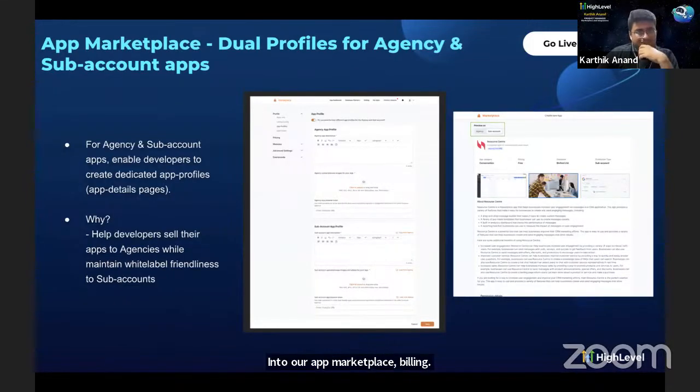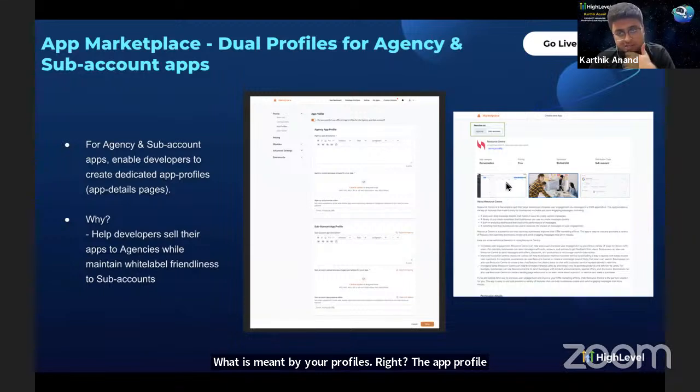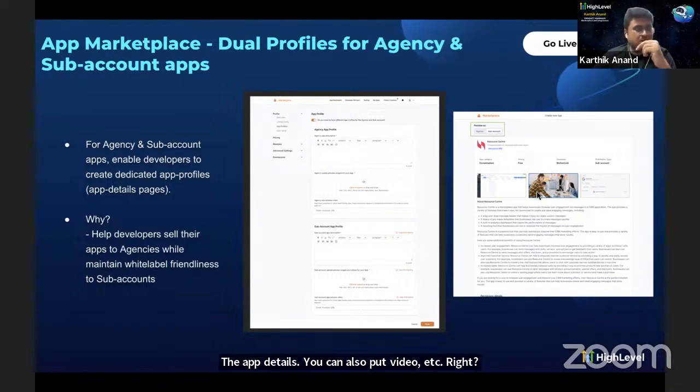The next one is something called dual profiles. So what is meant by dual profiles, right? The app profile is basically all the things you see here, which is all the preview images, the app details. You can also put video, etc. Right. Now, today, for the agency and sub-account type app,